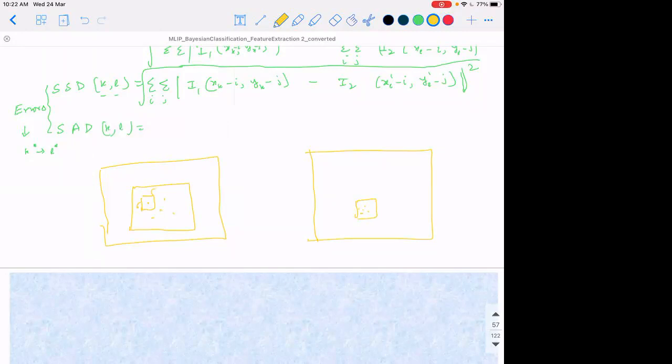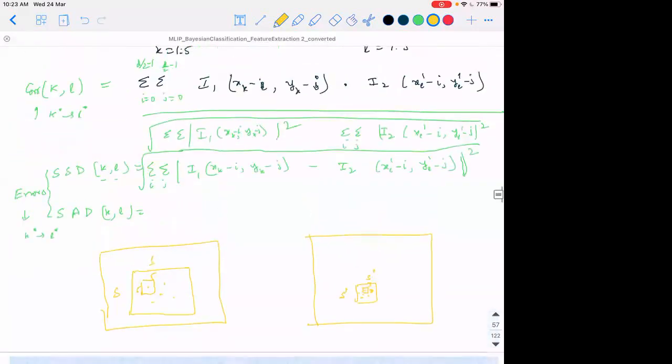No, sir. No, because the object size is different here. It is S cross S here, or some S dash cross S dash here. So I should decide on the patch size, which will be maybe different here also. So it may be 3 cross 3 or say 1 cross 1 itself. So now what I will do in such a case, directly use either correlation features or SSD. Please note that these two are different. I hope in my writing they matched, but I think you can understand the difference. This is correlation, this is SSD.